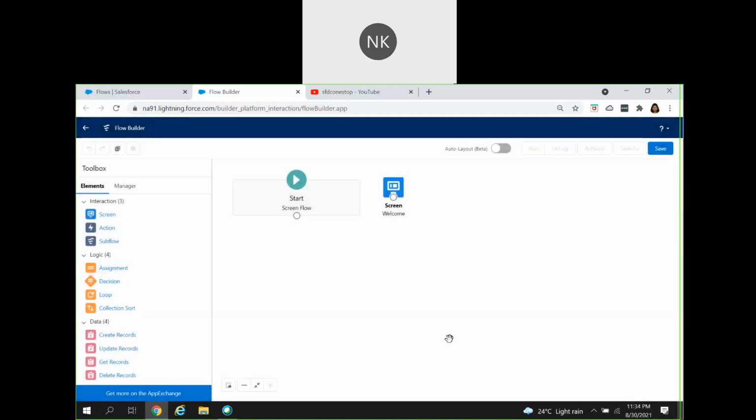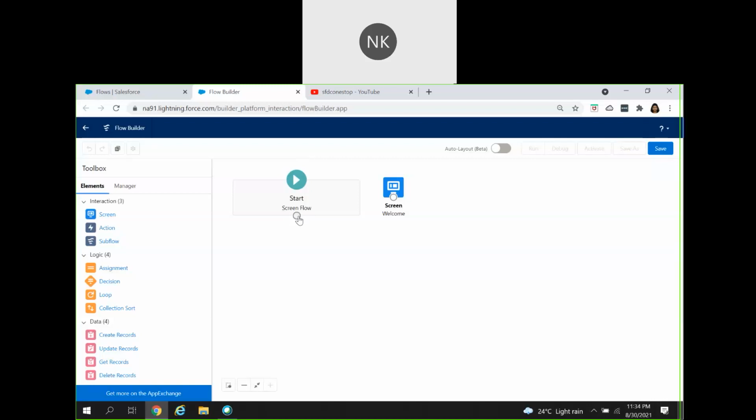But how are you going to connect all the components you have created? So you have a start. Here you see the start button, right? There should be some connection between the components, isn't it? You see the round icon, right?